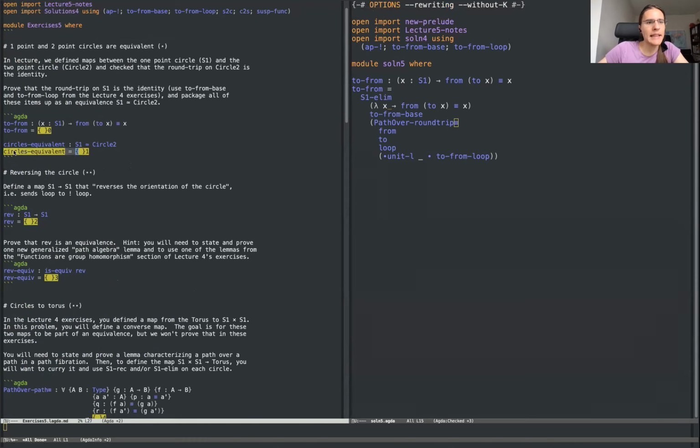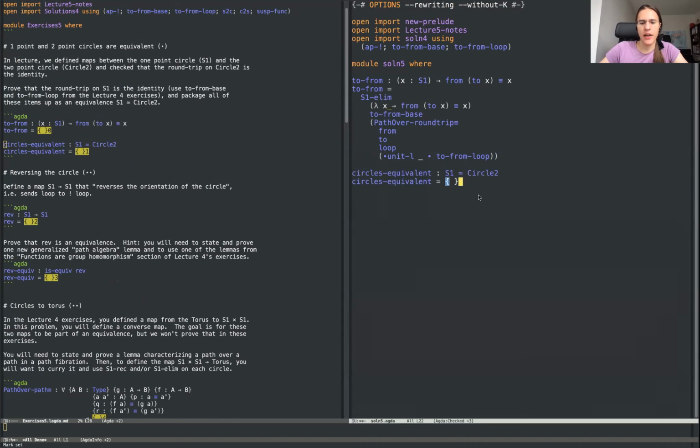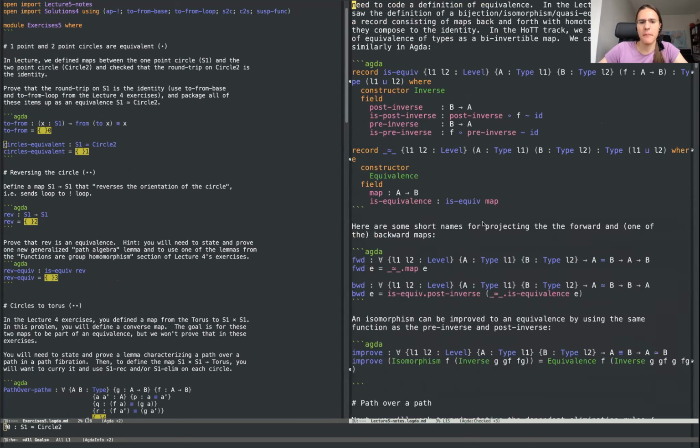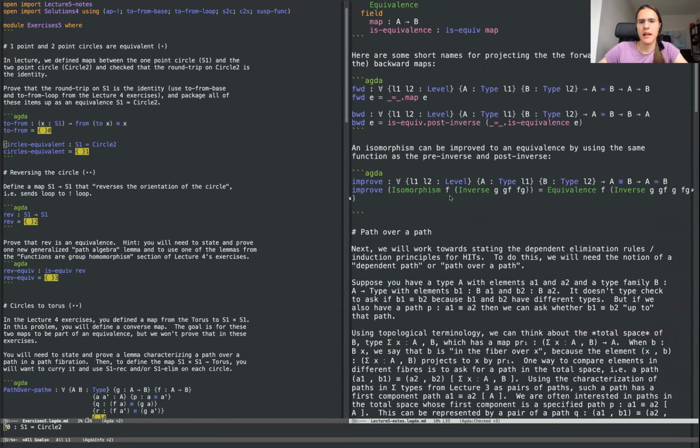Okay. And then we can just prove that now they're equivalent. In lecture, we proved one of the characterizations, and now we have the other characterization. So if we look at what we have, an isomorphism, or we can call it an equivalence. So if I just copy this over,